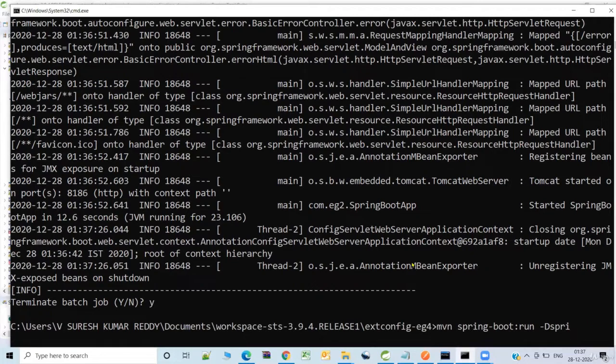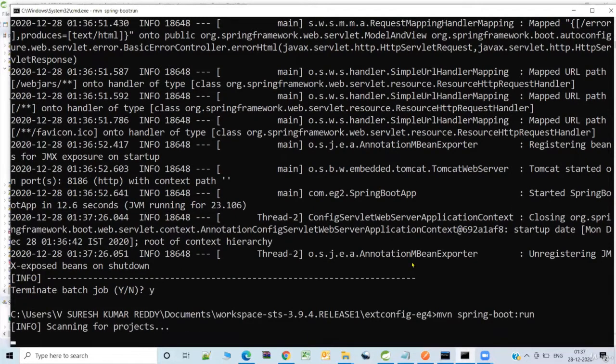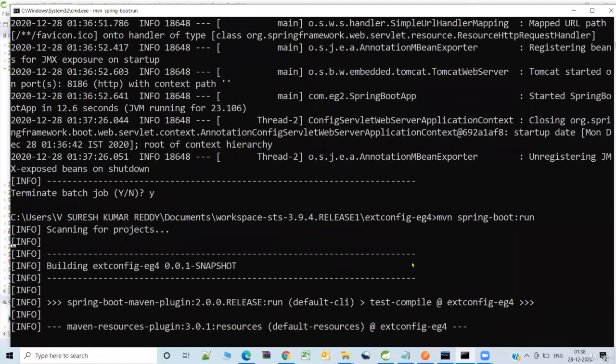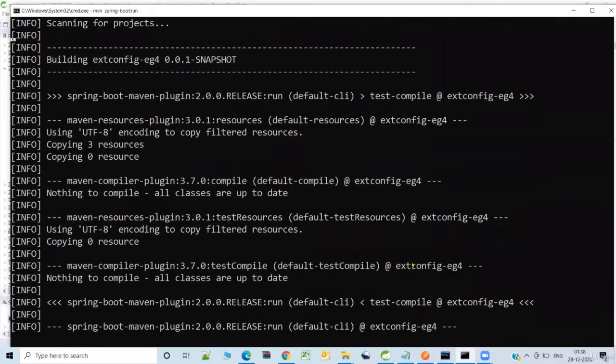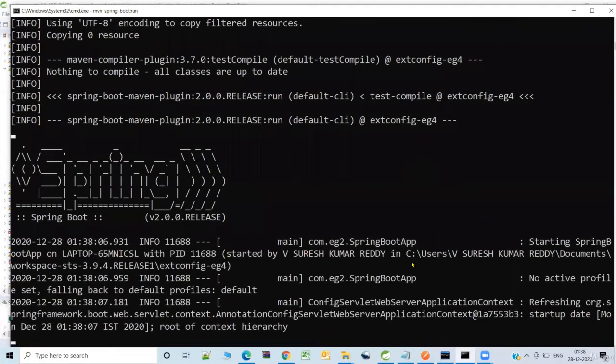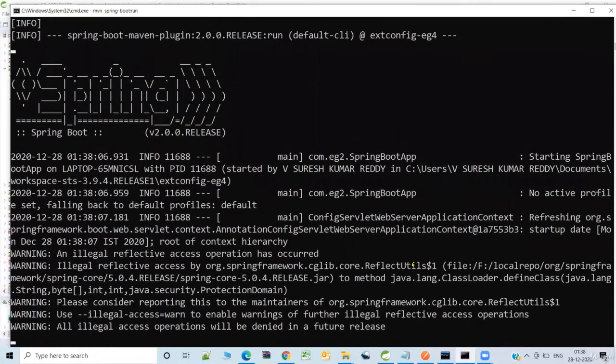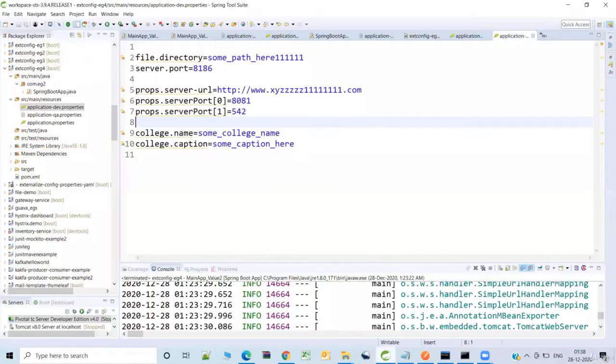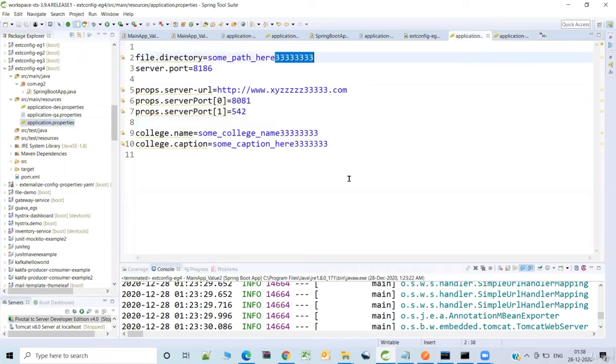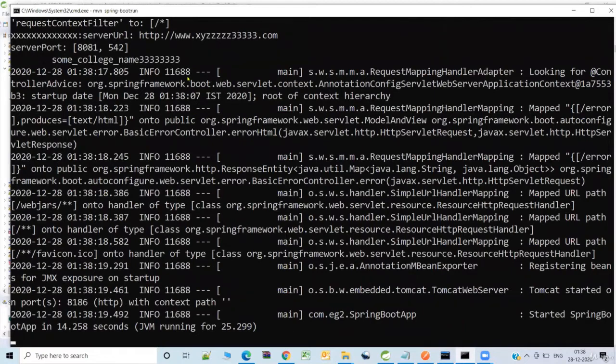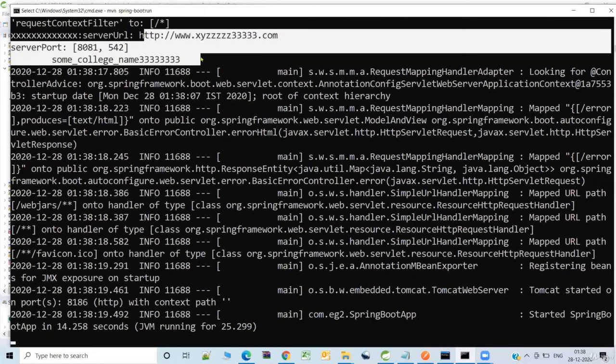So now I'm removing this one so that the default profile gets selected. The default one, I think, has the value 333 as you see here. Let's wait for the logs. Yes, as you see here, the 333 values got loaded.